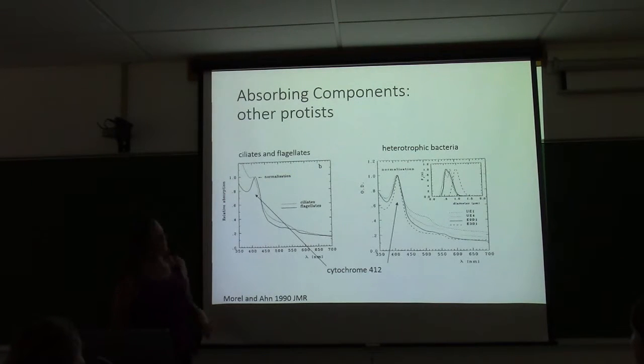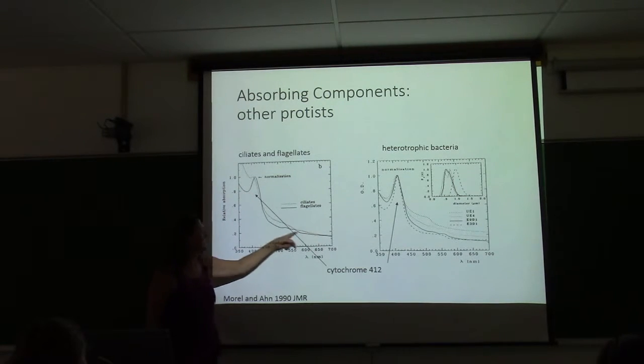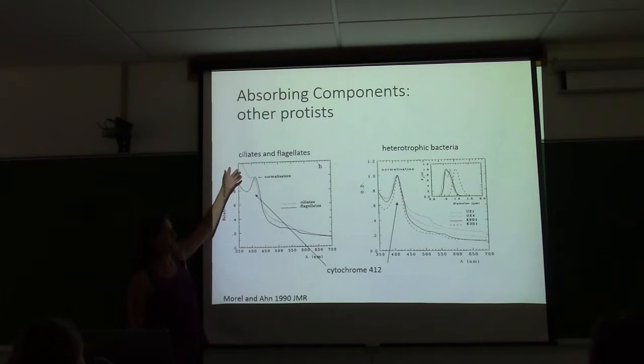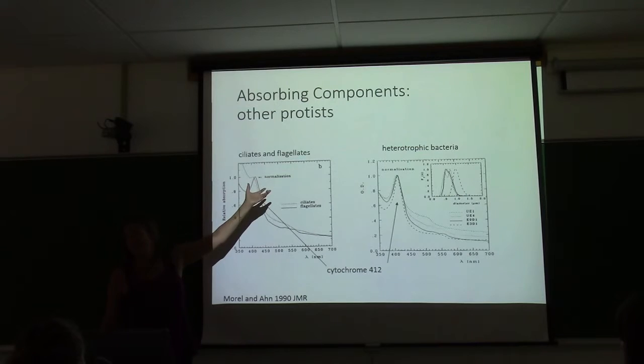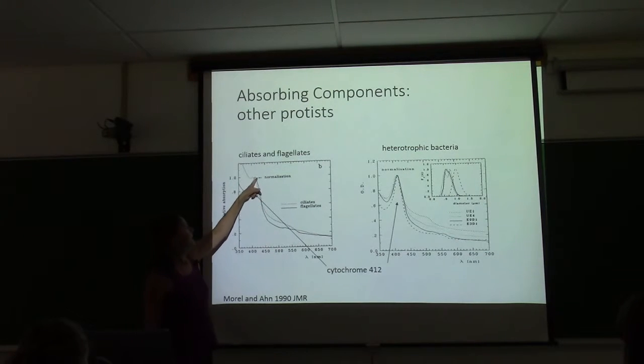Okay. So phytoplankton have a lot of variability, and Mary Jane and Ivona are going to spend a lot of time talking about the details of that, so you'll hear that all again. Other organisms also have absorption spectra. Some of them have this nice exponential that's sort of reminiscent of CDOM, probably because it's very similar compounds in the dissolved and particulate fraction, but they may have cytochromes in their,